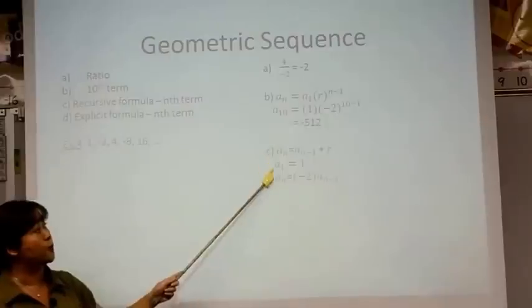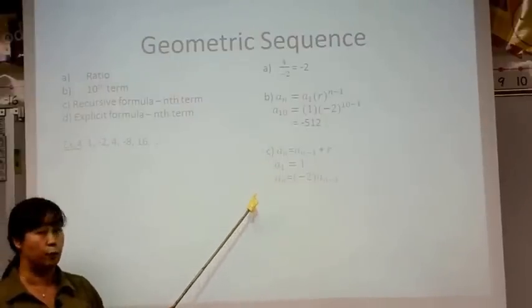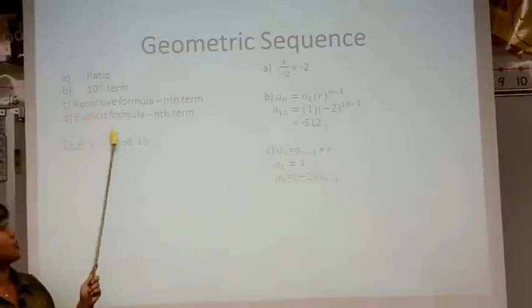Okay? So you need both of these right here for recursive. Remember, recursive comes in 2 parts. It doesn't come in 1. Now let's do part D, which is asking us to find the